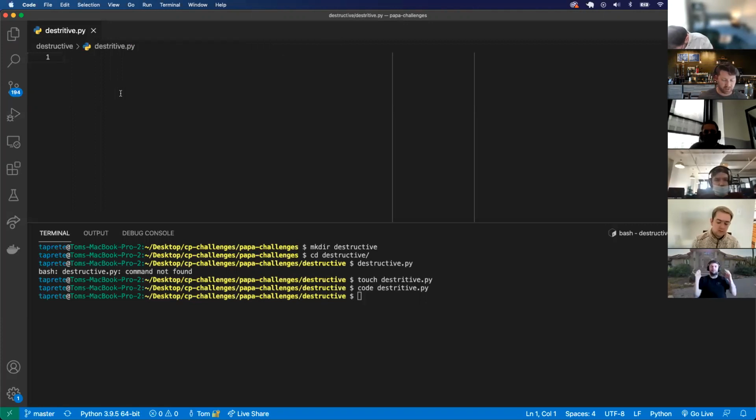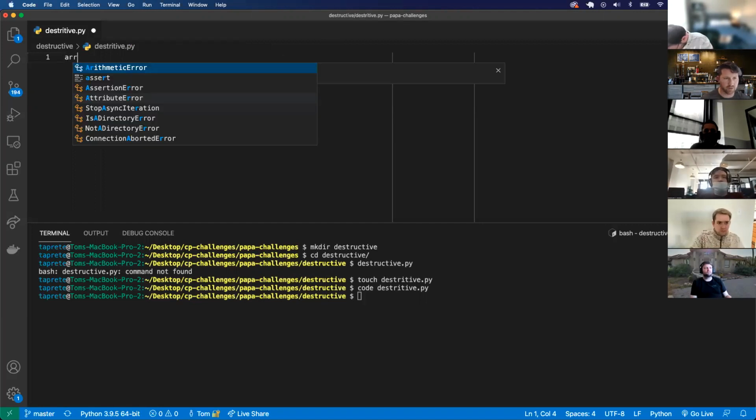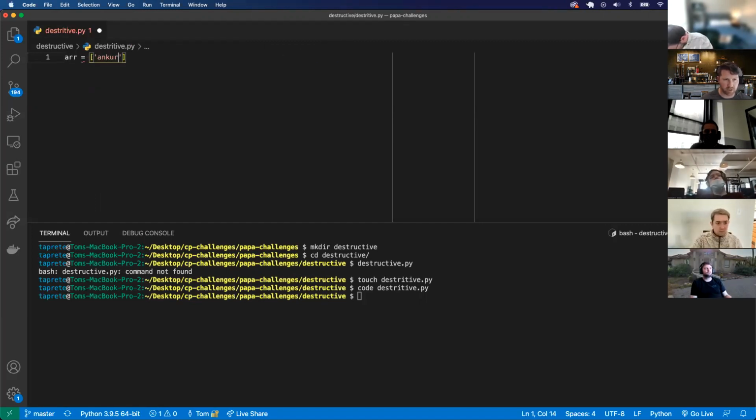All right. So you've been working using destructive and non-destructive methods. A destructive method is a method that actually changes the value of whatever you're working with. So if we had an array of people like Ankur, Tom, Chad, a destructive method that actually changes this array would be like array